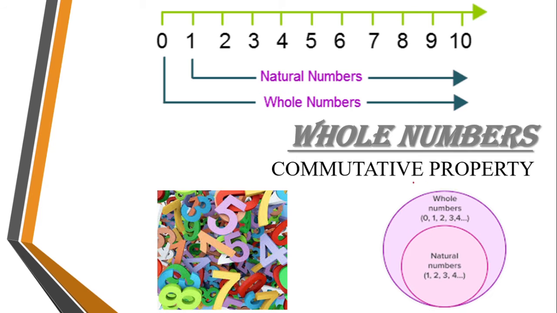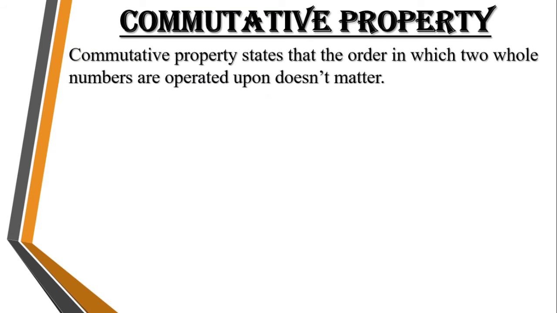That is commutative property. Now, what does commutative property state? Commutative property states something about the order, right? What it means is that in commutative property, the order in which the numbers are operated doesn't matter. Like if we take the addition operation and see 3 plus 2, as you all know, 3 plus 2 is 5. Now if we do 2 plus 3.